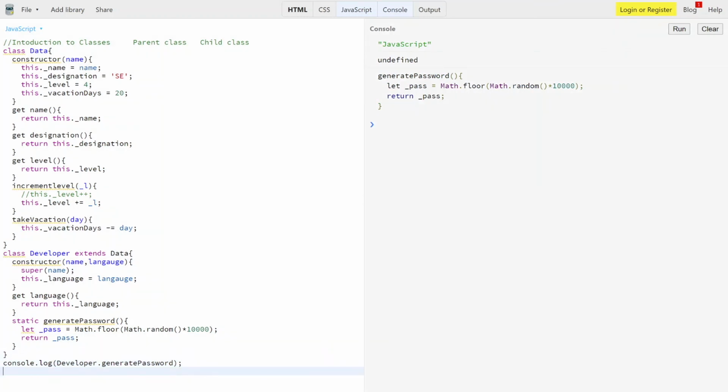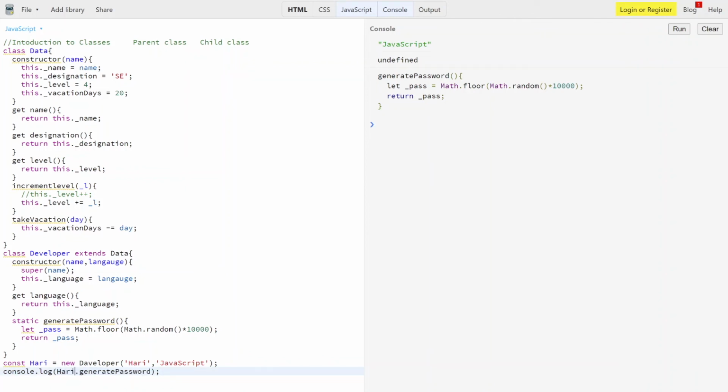But if I create it with an instance, so we have hurry equal to new Developer, passing hurry, comma, JavaScript over here, and then paste the same thing, putting it as a hurry instance.